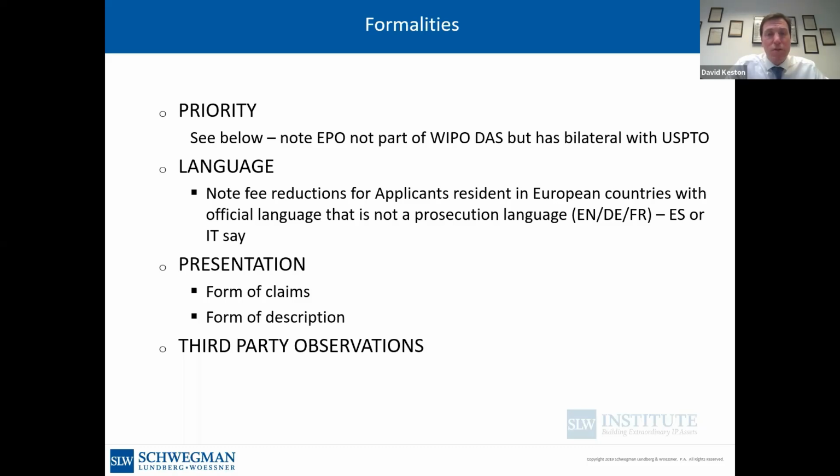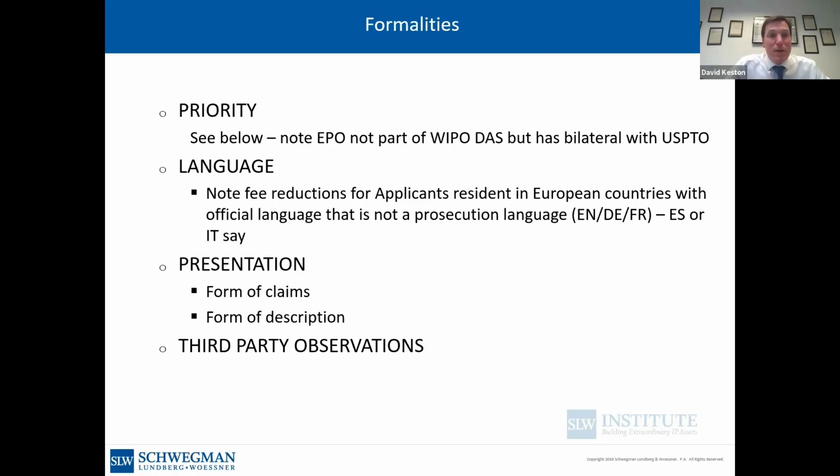However, you may have an applicant who is actually resident in a country other than one of those where English, German, or French is the official language. So I've mentioned Spain and Italy because those are the major examples. And if that is the case, then consider not recording that assignment from one applicant to another, for example, from the Spanish group member to the group corporate company based in, say, Germany,